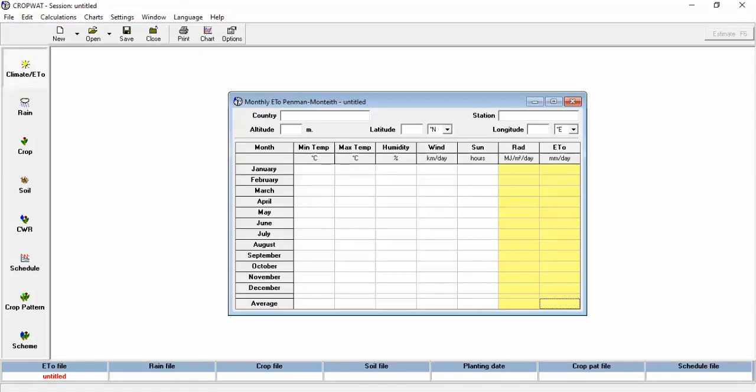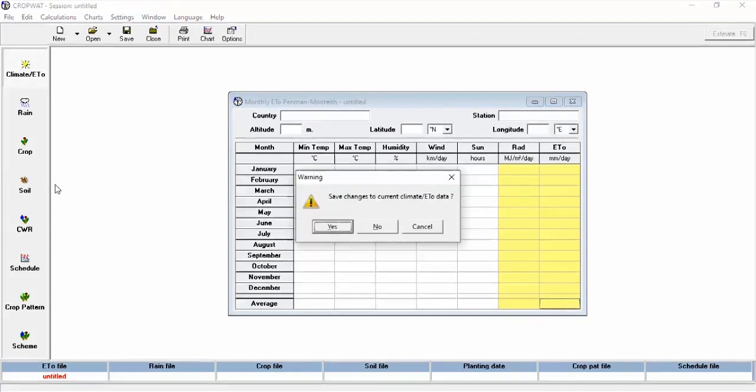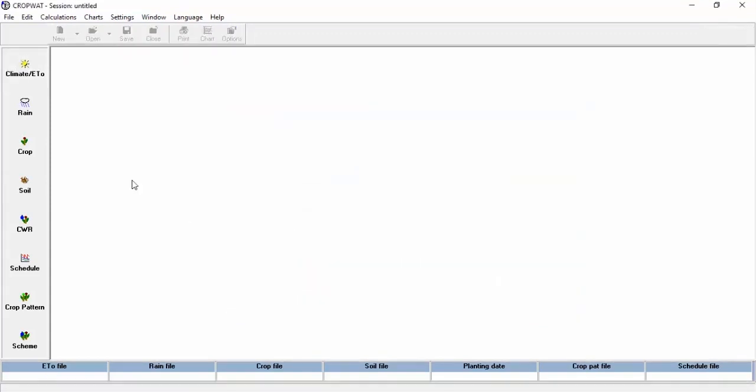From tutorial CROPWAT 8 software. It's a computer program for the calculation of this. Let's start. This is CROPWAT 8 software, the computer program for